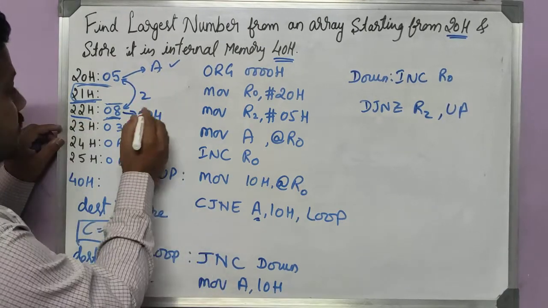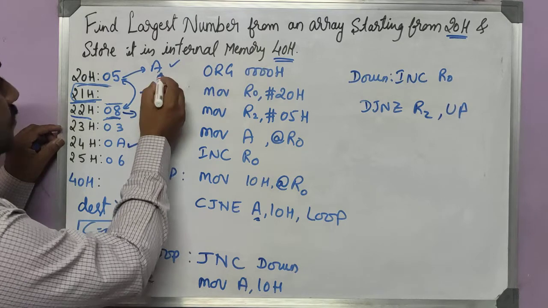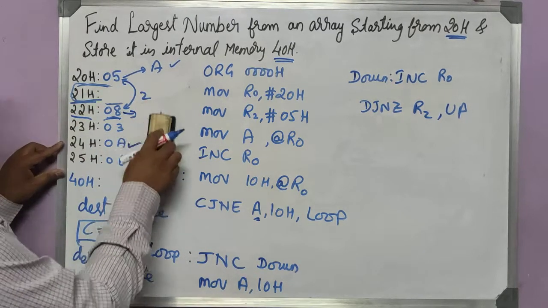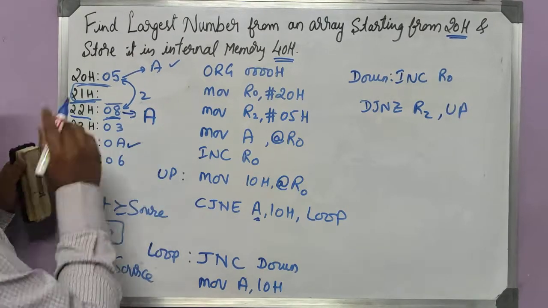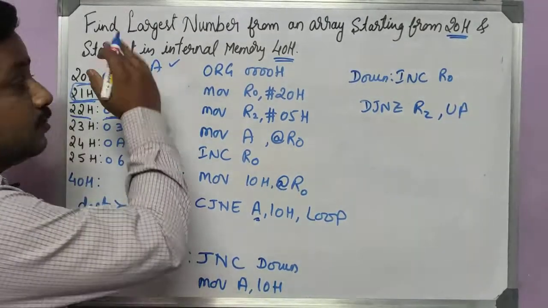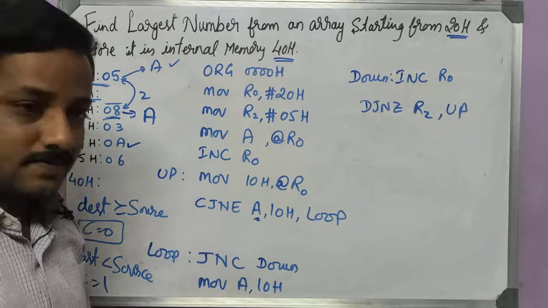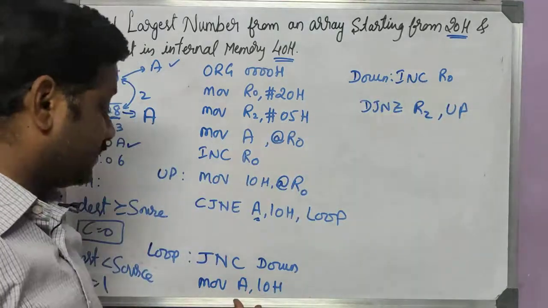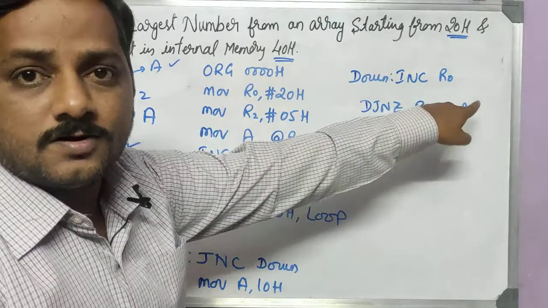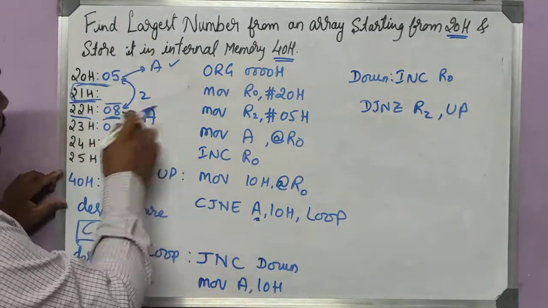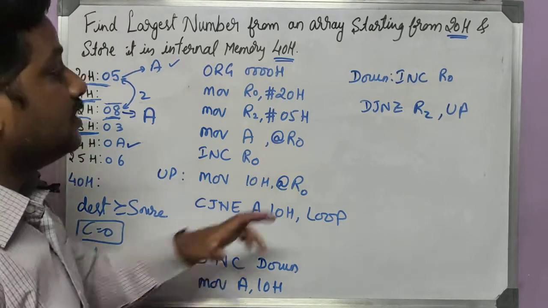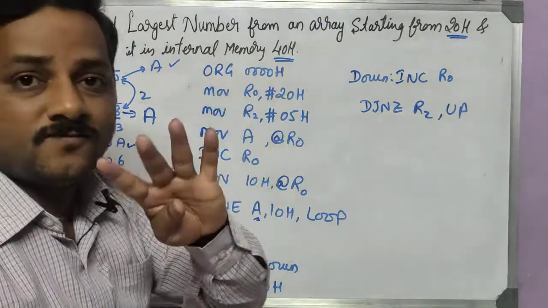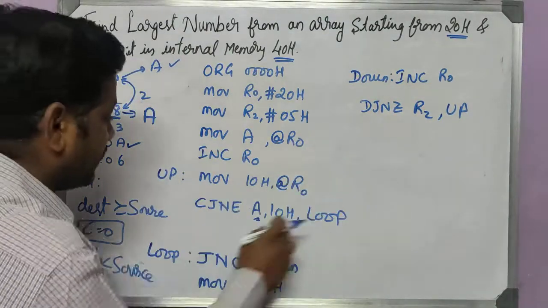So now I can say accumulator is going to have this 08. This 5 will be removed from the accumulator and accumulator will have 8 in it. So 5 and 2 both are vanished now. 8 is in accumulator. After this it will come to this line, increment R0. That's why I have left one line here, right? So if we increment R0, it will be pointing towards 23H, and decrement R2. So R2 will be decremented. So it is going to become 3. It's not 0. So it will come back here again.